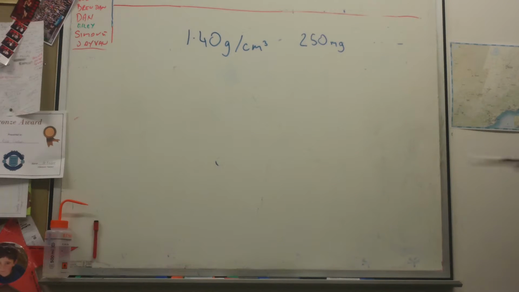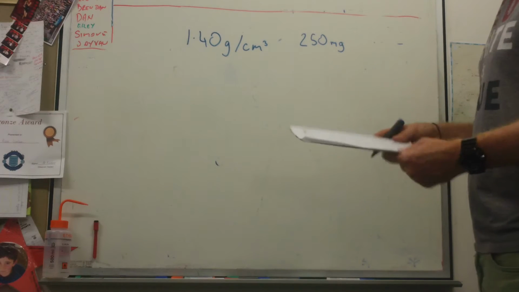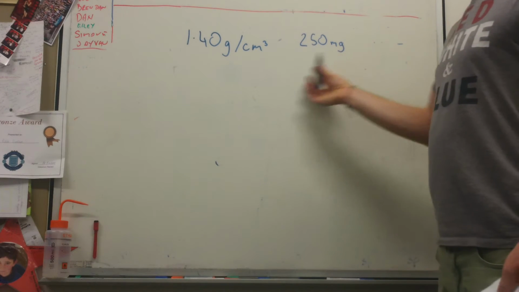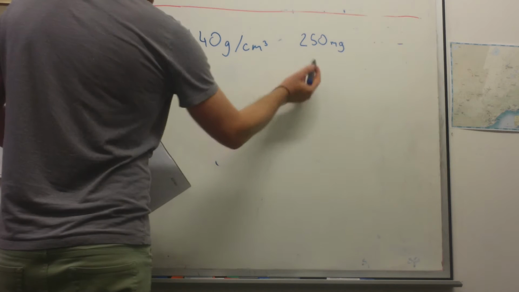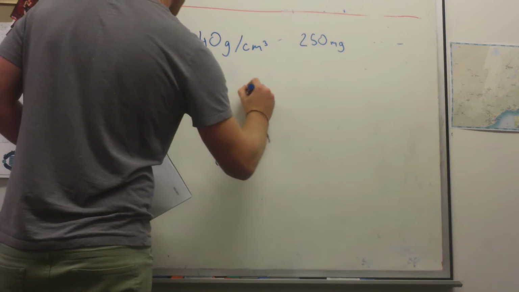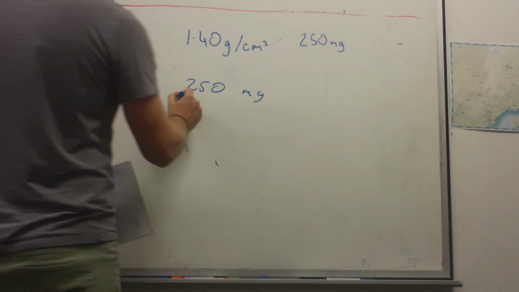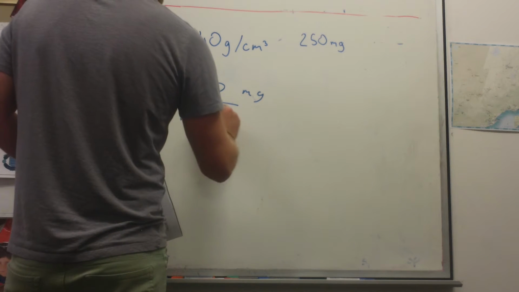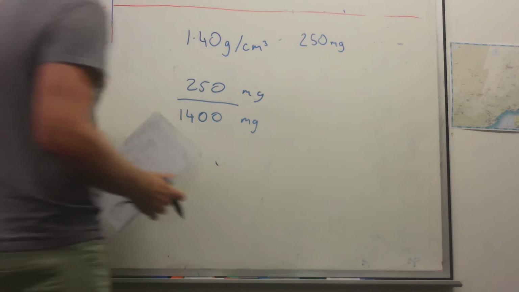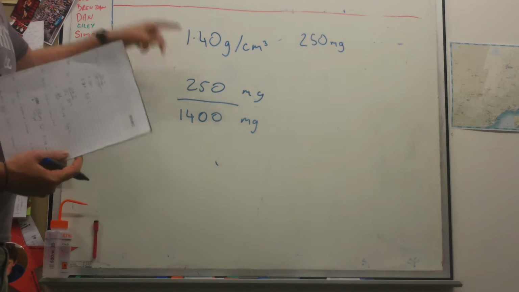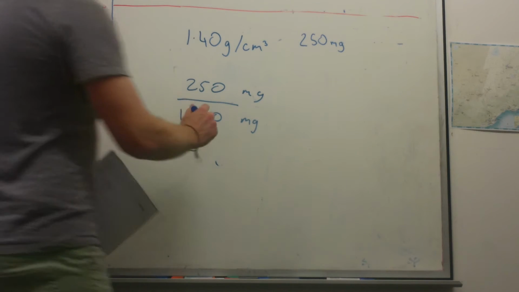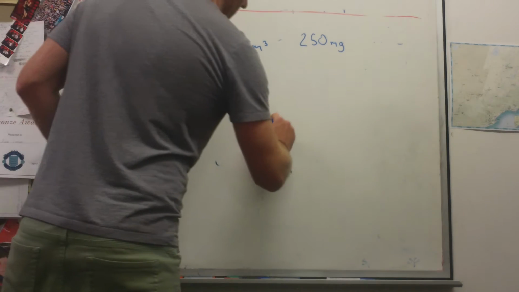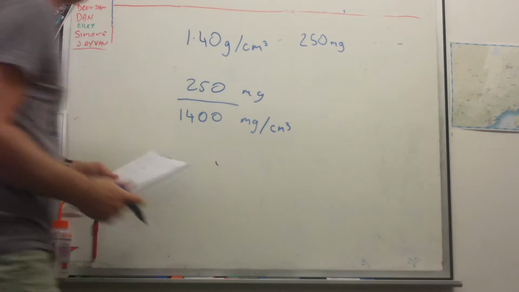So we need common units, so this is one way to solve it. You could also look at other common units. I'm going to convert our grams to milligrams, so I've got a convenient unit. So we're going to use our 250 milligrams. We're happy with those units. We're going to convert this to milligrams, which becomes 1,400 milligrams. You could just as easily convert this to grams and keep that as 1.4. It would be 0.250. Then this is per centimetre cubed. So if we divide 250 by 1400,